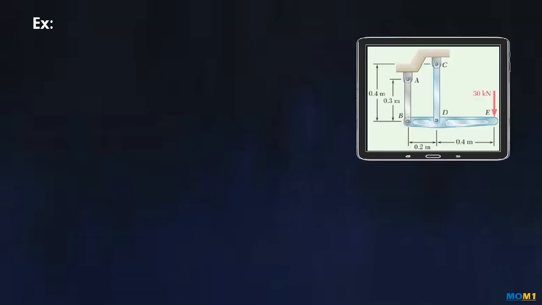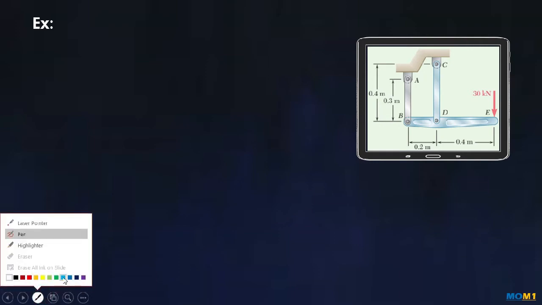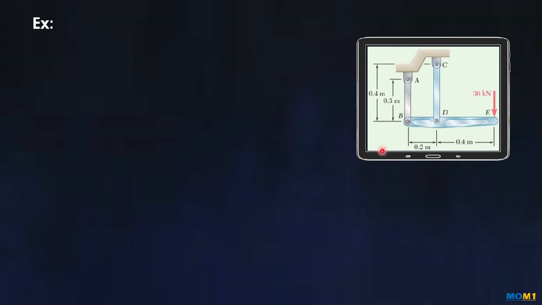Now considering another example, in this example let's say we have a rigid beam BDE, and this is supported with link AB and link CD, and upon application of a force of 30 kilonewton there is going to be some deflection in E. Since this beam BDE is a rigid body, there is not going to be deformation in this beam.